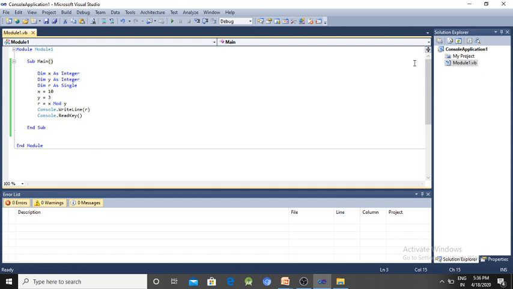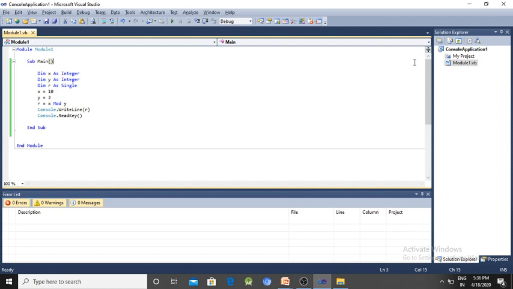The integer division stores the integer part of the value, so if you use x backslash y, it is the integer division, and the output you will get is just 3. Modulo division is used for the remainder, so the remainder of x mod y is 1, because x equal to 10 and y equal to 3.